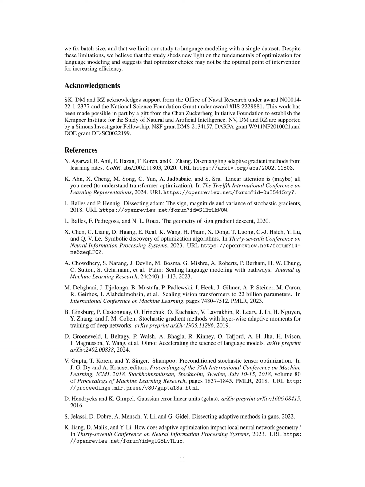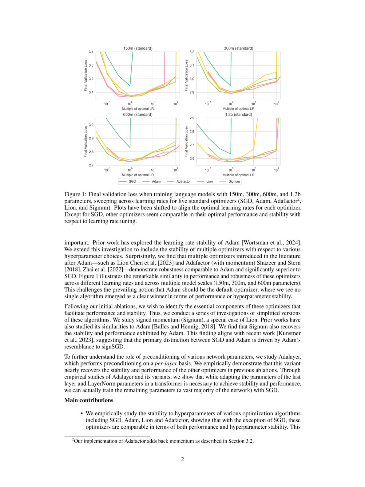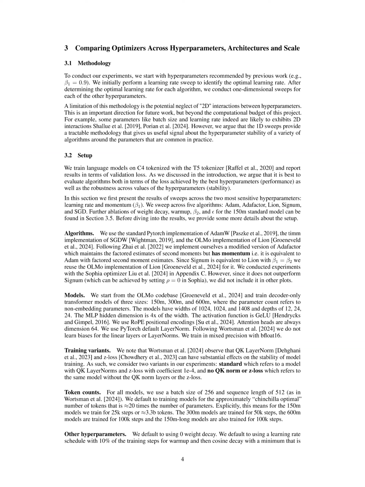The limitations or drawbacks of the method outlined in the paper include: 1. Limited architecture decisions. The study only ablated a few architecture decisions due to computational constraints, which may restrict the generalizability of the findings to a broader range of model architectures. 2. One-dimensional hyperparameter sweeps. The method only considered one-dimensional sweeps for hyperparameters, potentially overlooking interactions between hyperparameters that could impact the performance and stability of the optimizers.